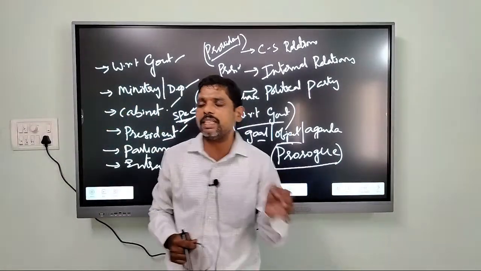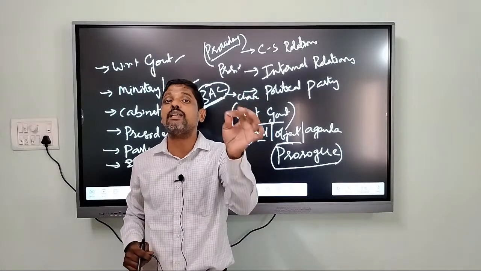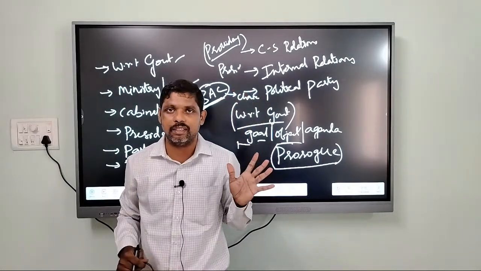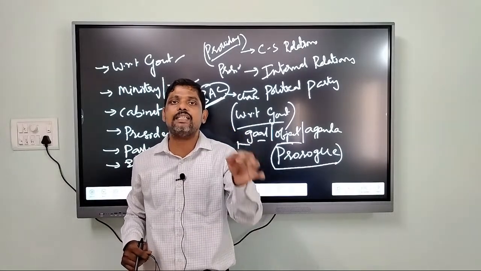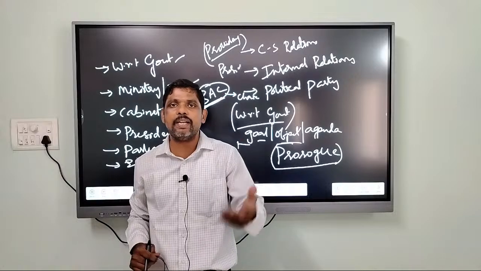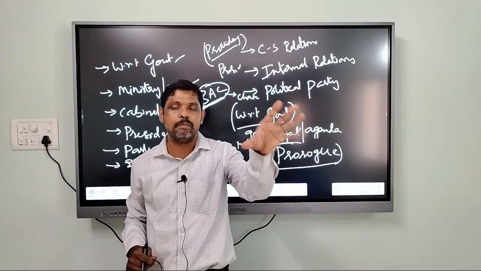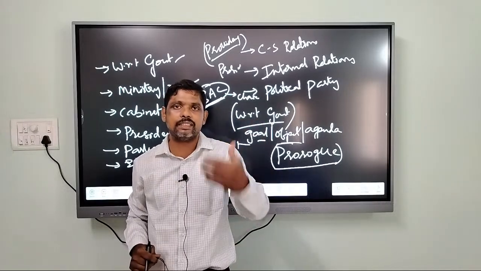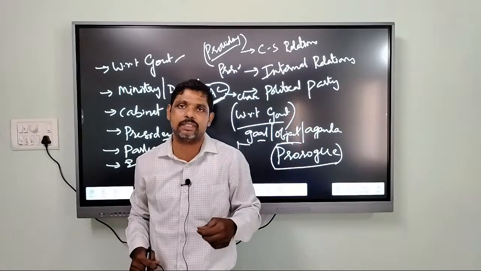So if you take this business advisory committee, its role is to determine the business of that session. Before the starting of the session, the entire business, that is the debates, the discussions, the bills to be passed, everything will be discussed. And this meeting will be chaired by the Speaker or chairperson.